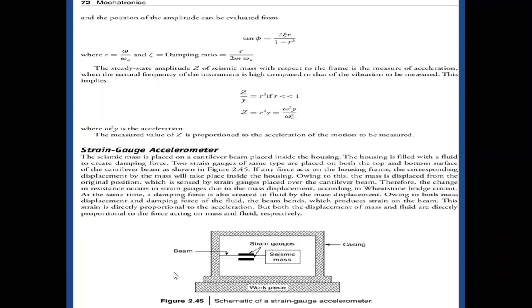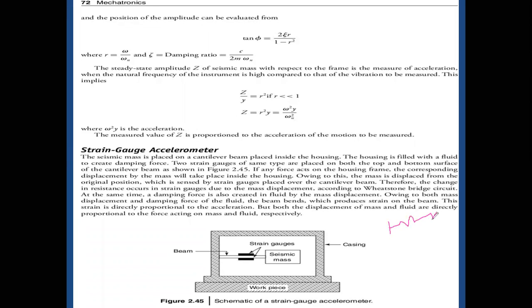due to the external disturbance, the external movement of the casing, internally the seismic mass also gets some kind of deflection or deviation. Some kind of displacement has occurred. The amount of displacement that has occurred is measured by the strain gauges here. The strain gauge is nothing but some kind of resistance. As you know, wherever you use a strain gauge, you maintain some kind of resistance here.